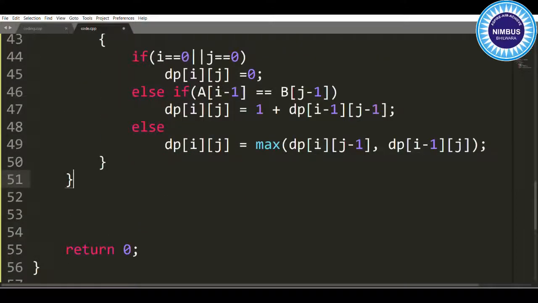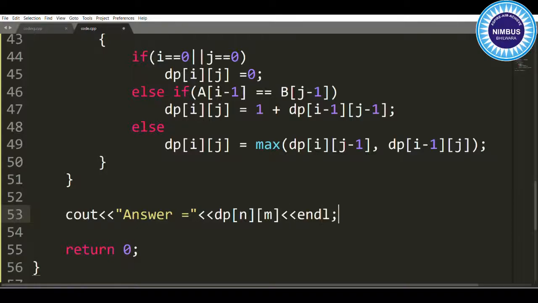Okay, that's it. So our answer will be stored in the bottommost right corner, as we know. So let's print our answer. cout answer equals dp of the nth term and mth character, which will give us our answer. बस